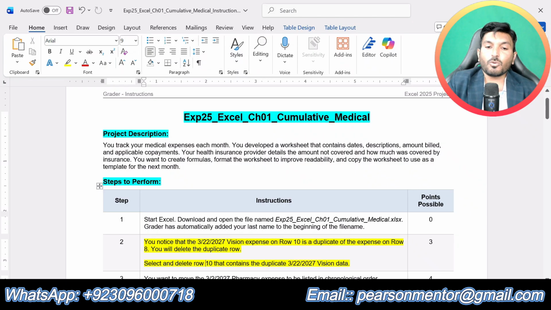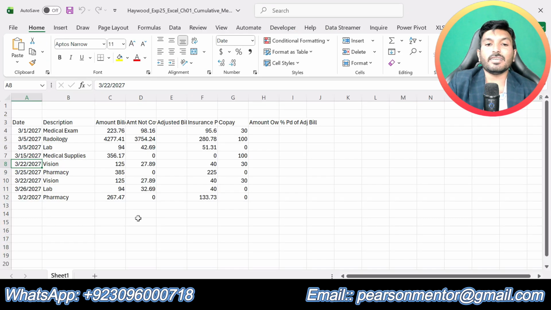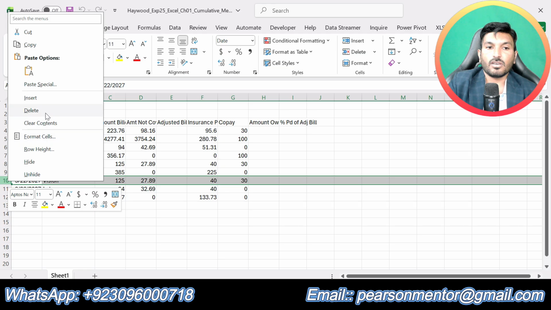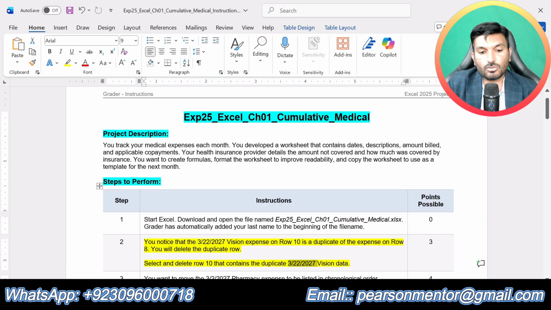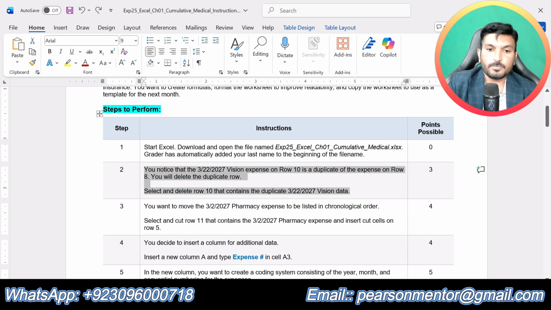You will delete the duplicate row. Select and delete row 10 that contains the duplicate 320. So now we are supposed to delete row 10 because it has the duplicate values. Okay, delete this one. So in step number 2 we are just supposed to delete the duplicate row.